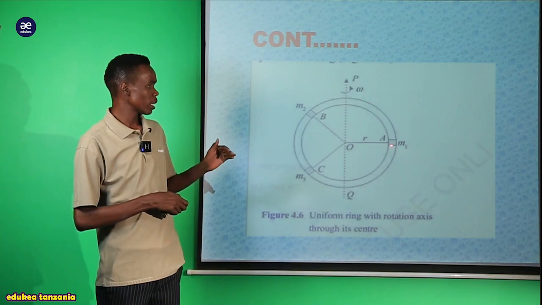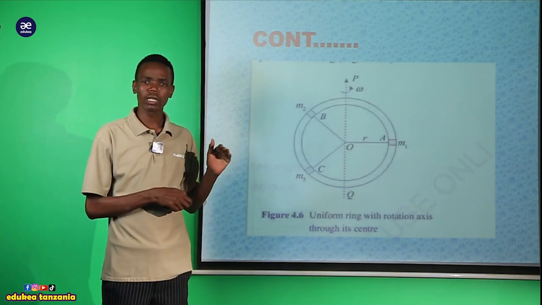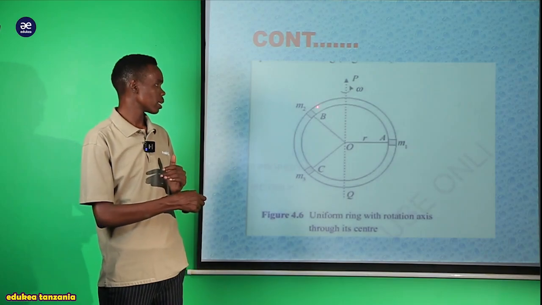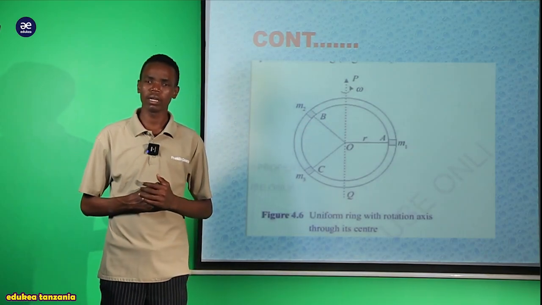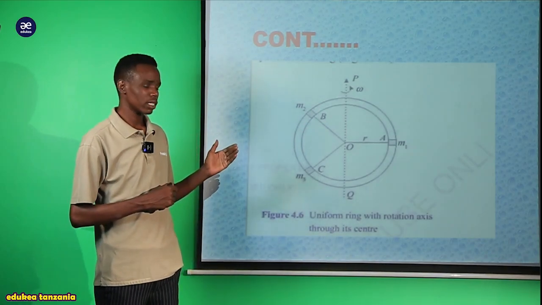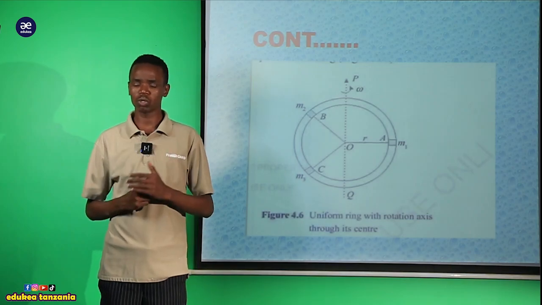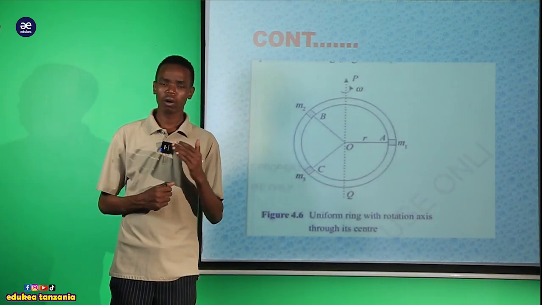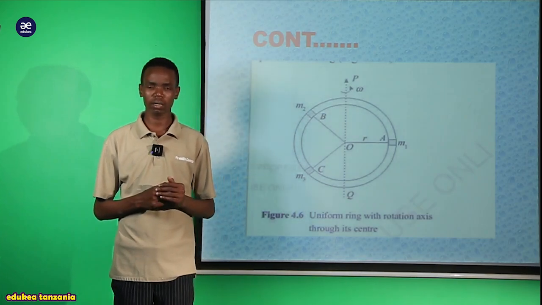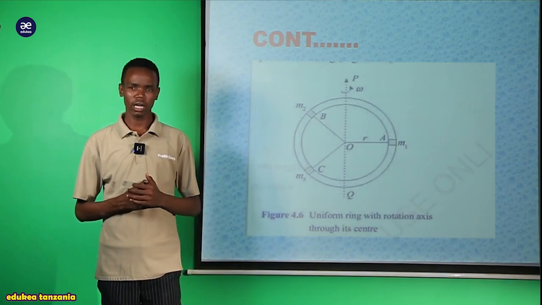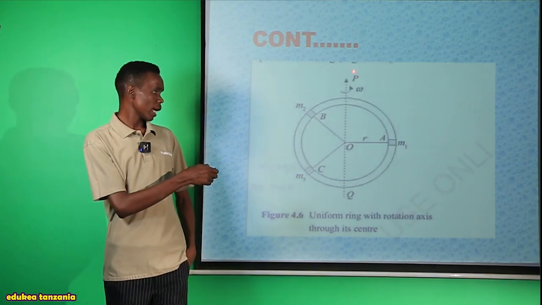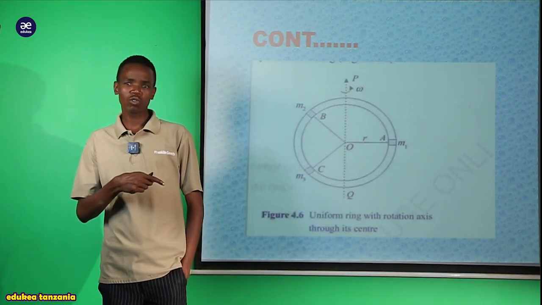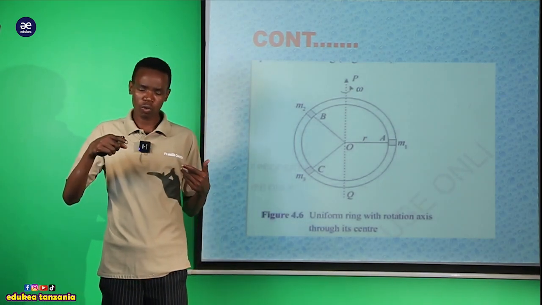So my dear student, the particle at the point A contains the mass 1, which we call M1, and also the particle at the point B contains the mass 2, which we call M2. But finally, the particle at the point C contains the mass 3, which we call M3. So on the axis of rotation, as we try to observe here, when the ring tries to rotate